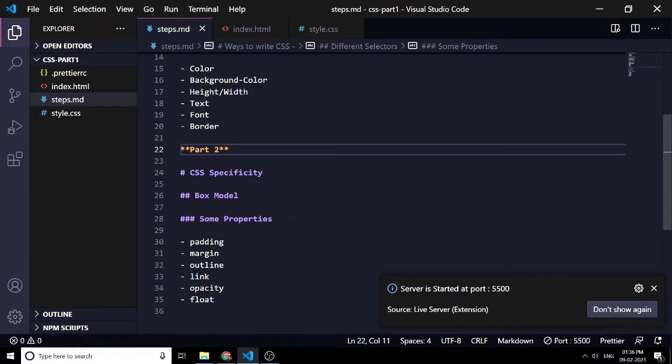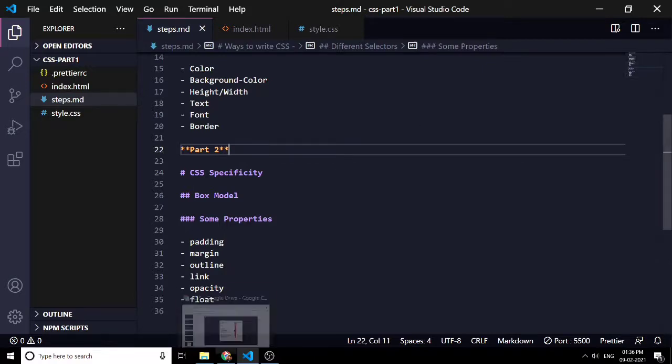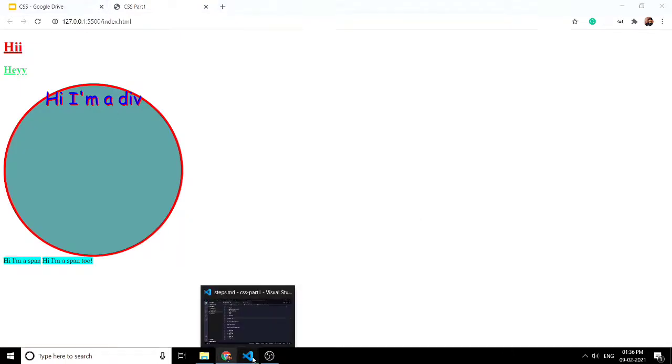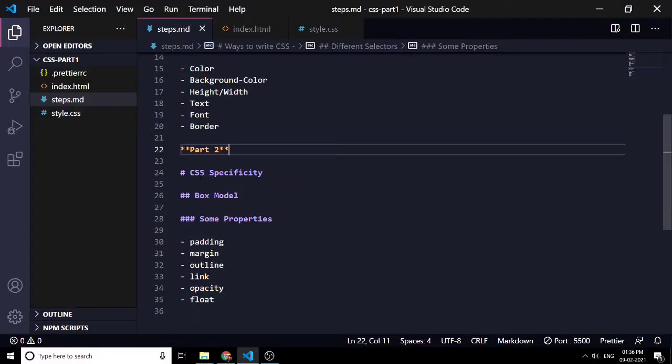So we have the same file that we were using in the previous class, and I have a server running, which is this one, which you can remember from the last class. Firstly we'll talk about CSS specificity.